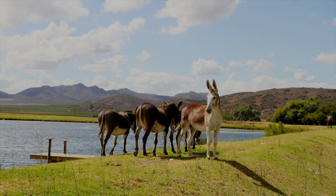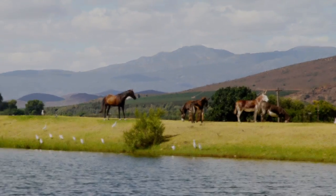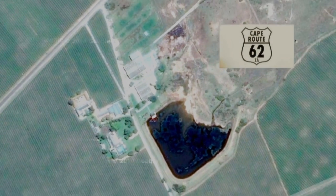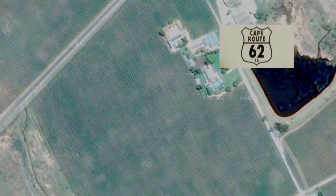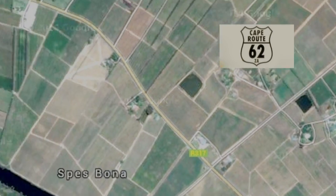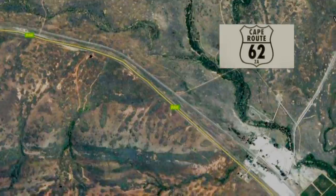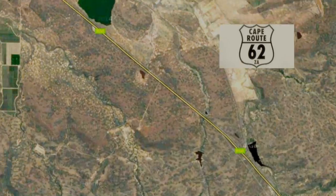Besides the beautiful vistas that Excelsior Farm has to offer, visitors can also get a hands and feet on winemaking course. They get to pick the grapes, tramp the grapes, and so on. A lot of fun. After our impromptu winemaking course at the Excelsior Wine Farm, the Time Warp Tour moved down the old Route 62,